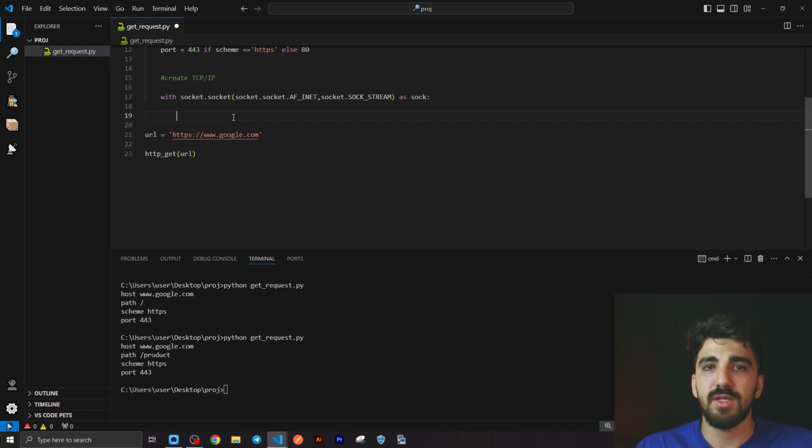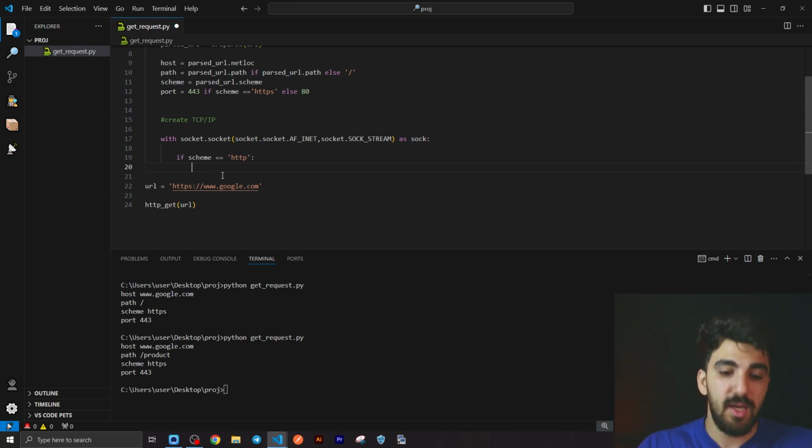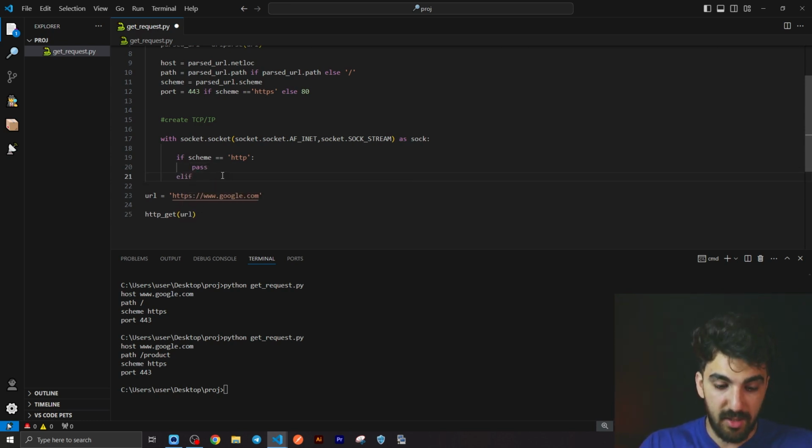And now we are going to say that we have two schemes for our request. If our scheme is HTTP, we're going to say that we want to connect to the server and do something. And if our scheme is equal to HTTPS, okay,